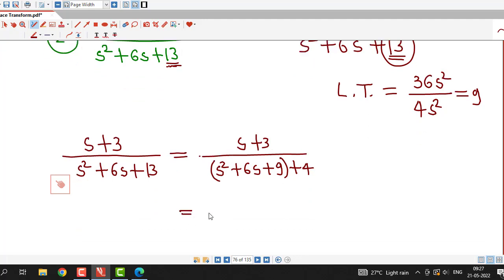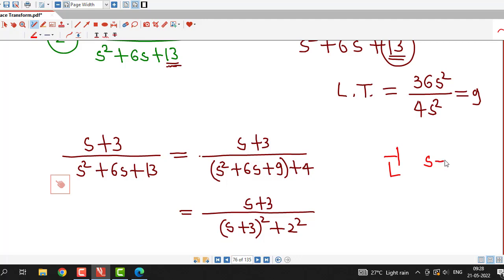Now again I can write my denominator as square of s plus 3, s square plus 6s plus 9. 4 can be written as square of 2. And because I have s plus 3 here, and I can observe that in the numerator also I am having s plus 3, so I can use that formula